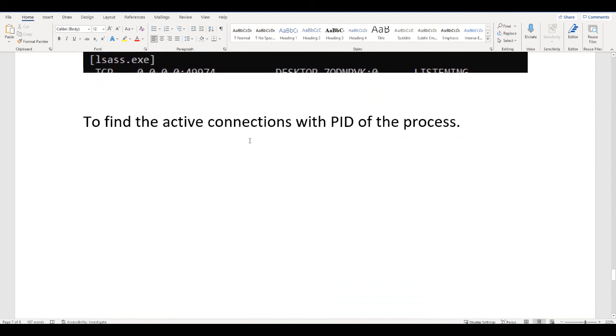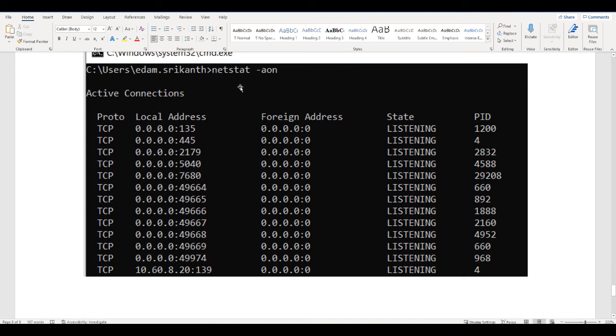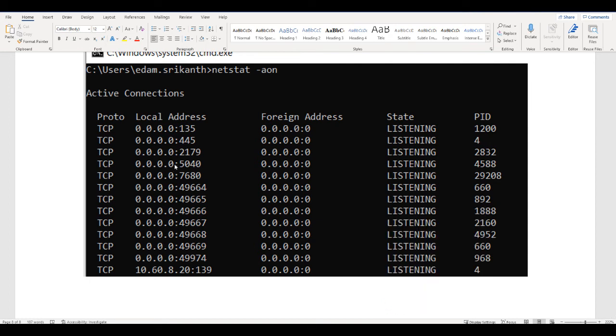Now, how to find the active connections with the PID of the process. Here type netstat -aon. It will list all the active connections along with the port numbers and the PID. Here click on Task Manager.